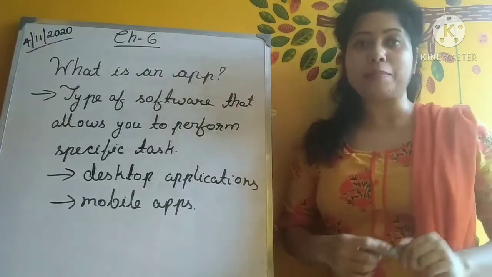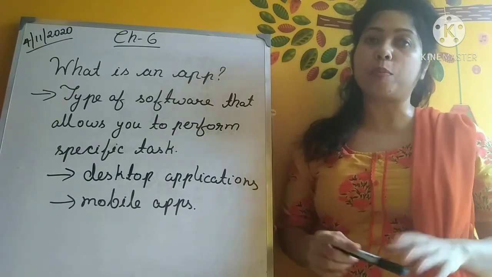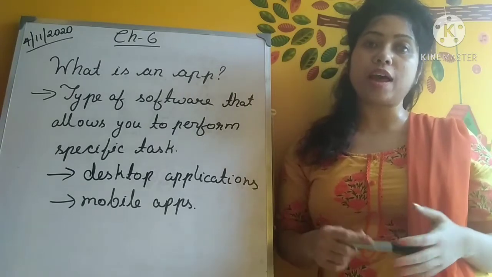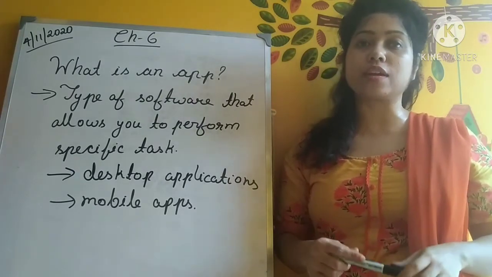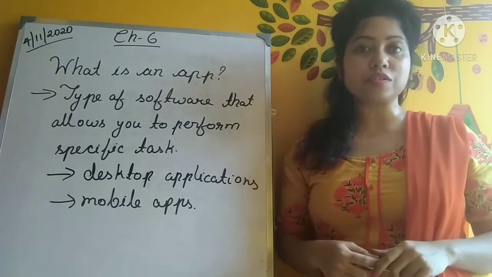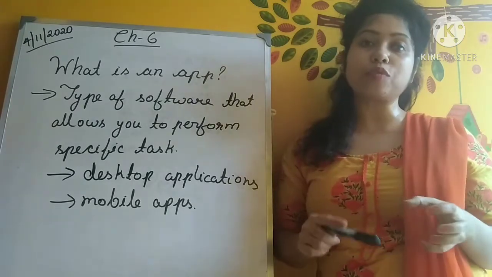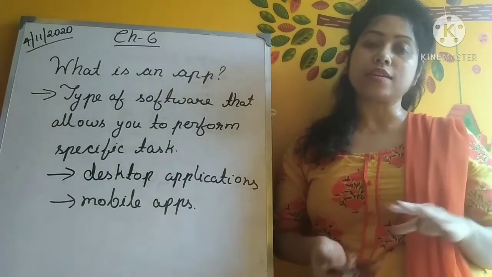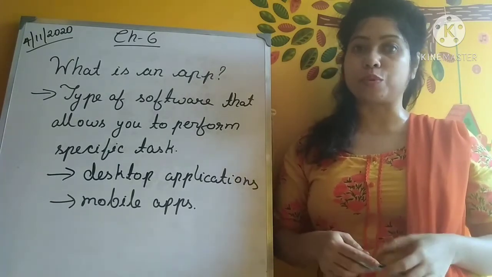When you open an application, it runs inside the operating system until you close it. And most of the time you will have more than one application running at the same time, and this feature is called multitasking. That means you have opened different windows where you are presently working in a window, and at the back end there are several windows opened, okay?